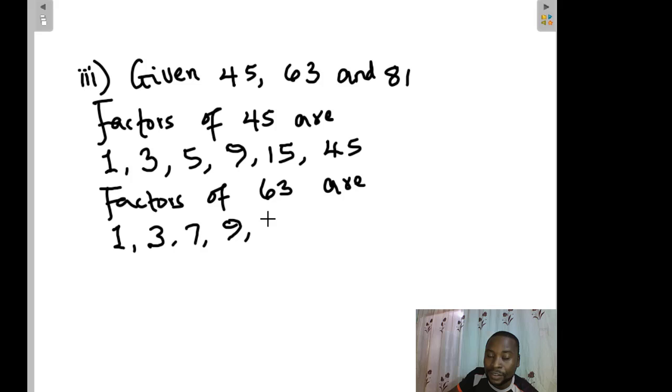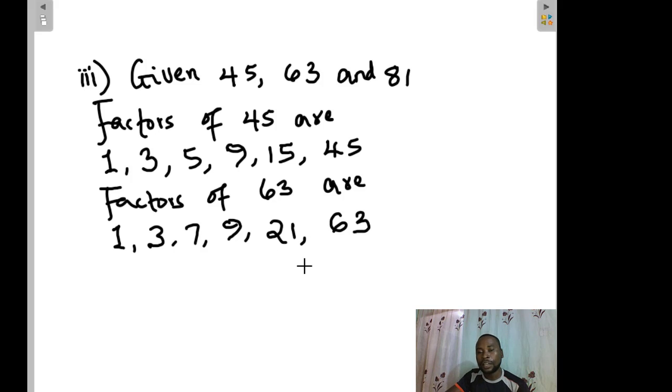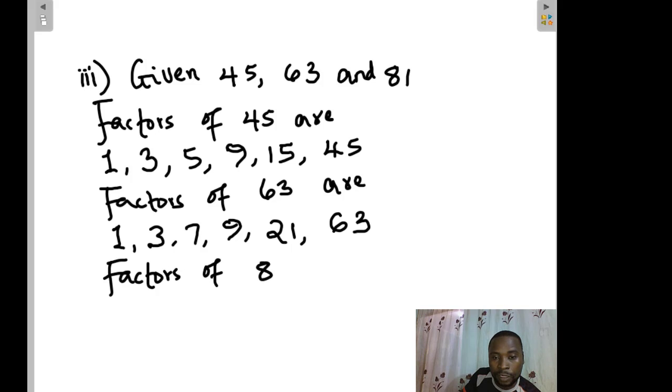Then what else? Remember 3 in 21 places, all right, so 21 in 3 places, 21 is. 21 is a factor of 63, and then 63 itself. These are the factors of 63, okay? Factors of 81 are